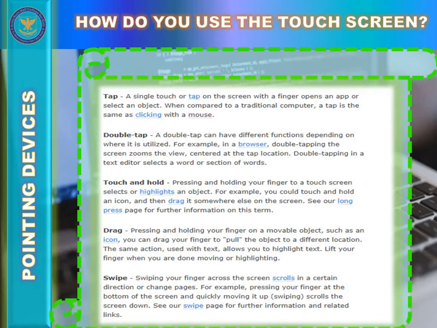Now, the important thing is why a touch screen is an input device. Any computer device, including a touch screen, that takes input from the person operating the device is considered an input device. So a touch screen basically takes the input. That's why it is called an input device. The way you use your finger on a touch screen is very similar to how you use a computer mouse on a desktop computer.